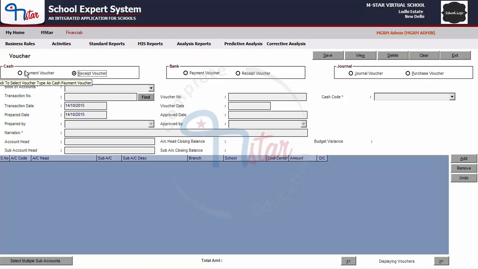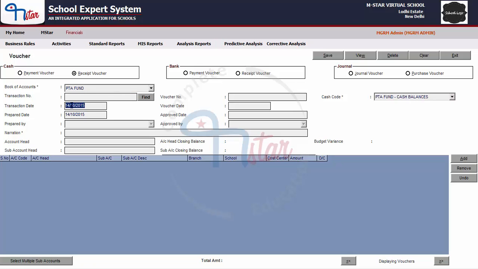After selecting the voucher option, whether cash payment or cash receipt voucher is to be created, click on the box next to the book of accounts field and select the book of account against which the voucher needs to be created. Ensure that for the book of account, a cash account head is created in the account heads, because that is what appears by default in the field cash code after we select the book of account. So as we select the book of account, the cash code automatically shows the account head which is made with the cash as account type.